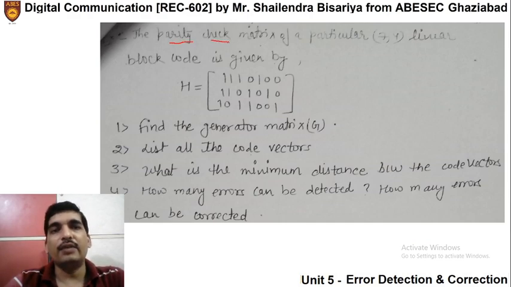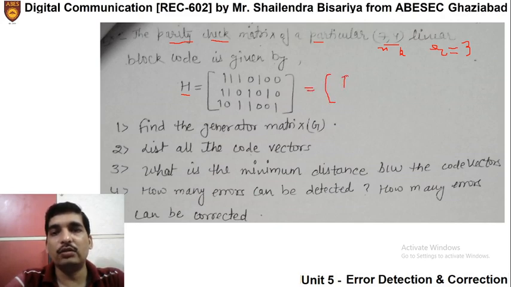It is given that the parity check matrix we have just discussed, that is H, is the parity check matrix of a particular 7 comma 4 linear block code. So n is equal to 7 and k is equal to 4, so r is equal to 7 minus 4, that is 3. And we know that H is nothing but parity transpose